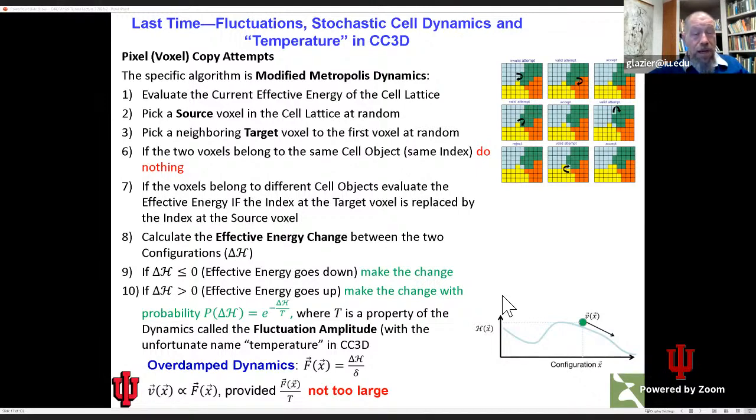It does have some mathematical awkwardness, namely that the probabilities aren't differentiable at the point where delta H is 0. There's a kink in the probability function. But we'll see that a little bit later in the slides that I've been using from Giulio. He did some very nice analysis. But this stochastic updating algorithm, again, takes a little bit of getting used to, and it can have its own